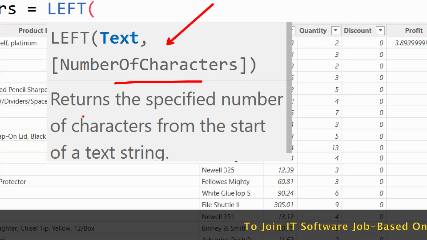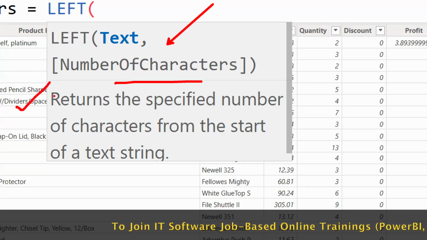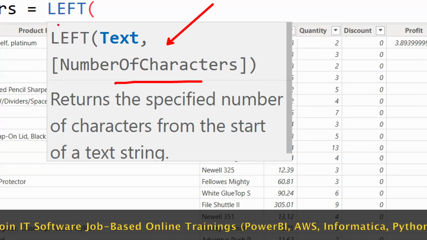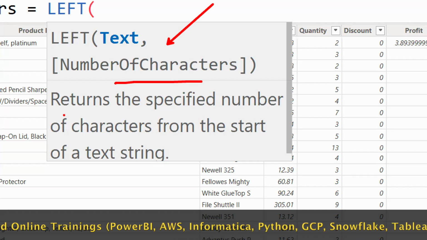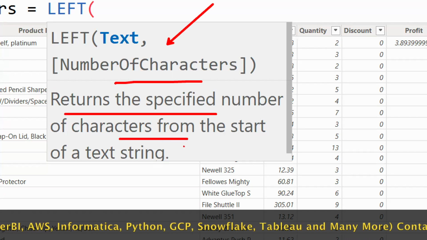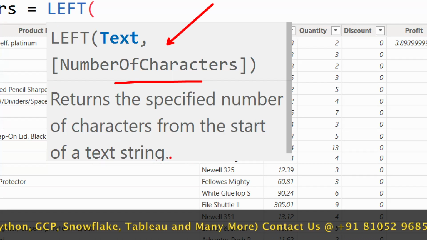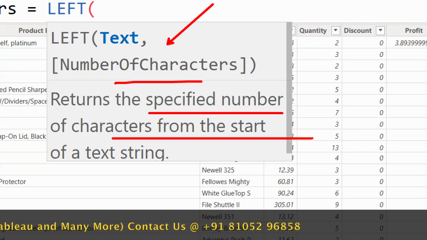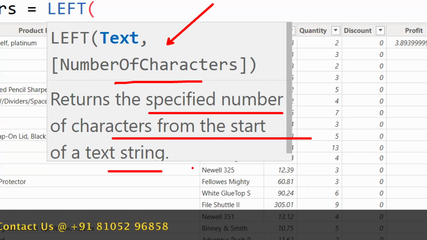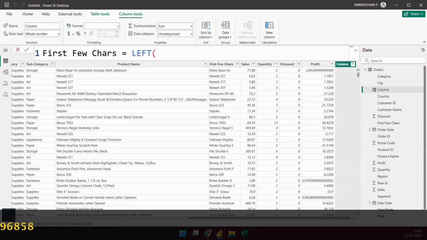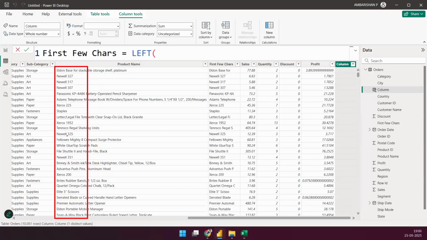Let's understand, first of all, what this description is all about and what it does. You see that it's the same definition that we had in Excel. It says it returns the specified number of characters from the start of the text string. So it's exactly how Excel defined it. It's going to extract the first few characters from the start of the text string, from the left hand side. I'm going to ask for 15 characters from the left hand side, and I want that done using the left function. Good. So let's try that.